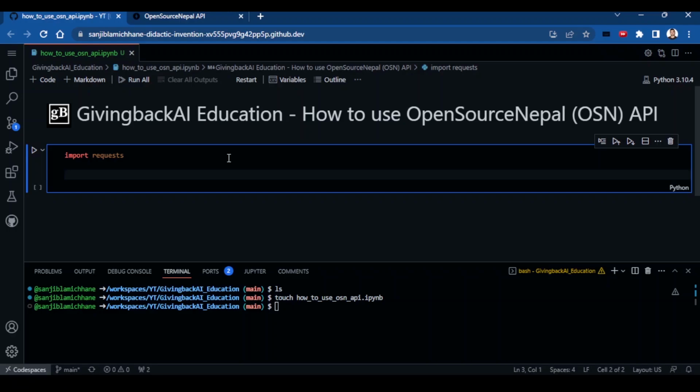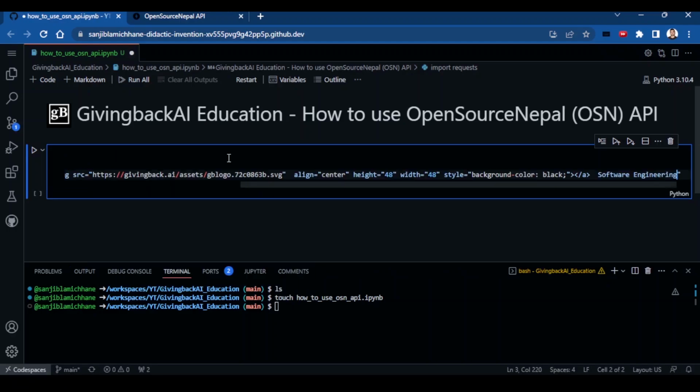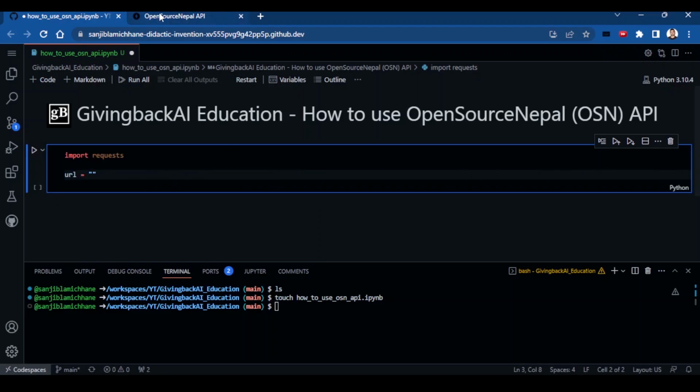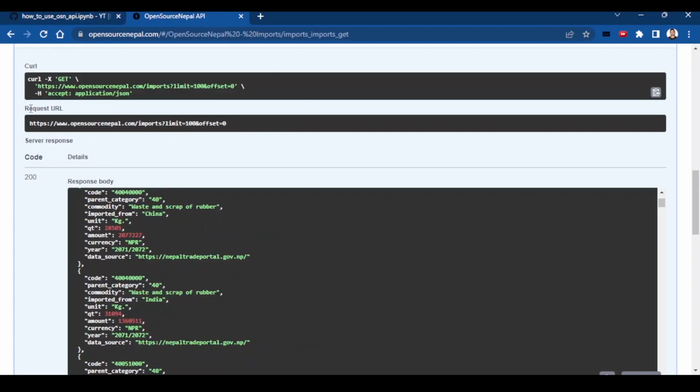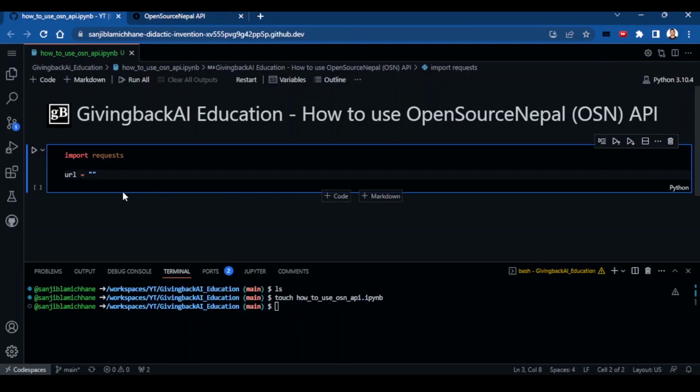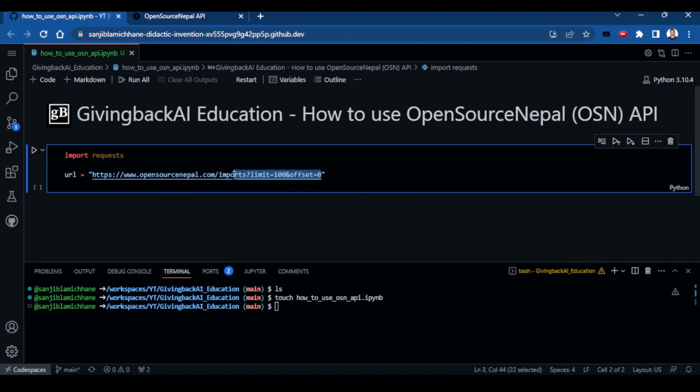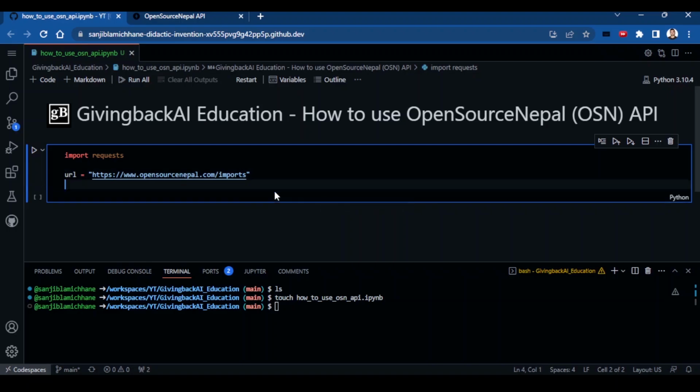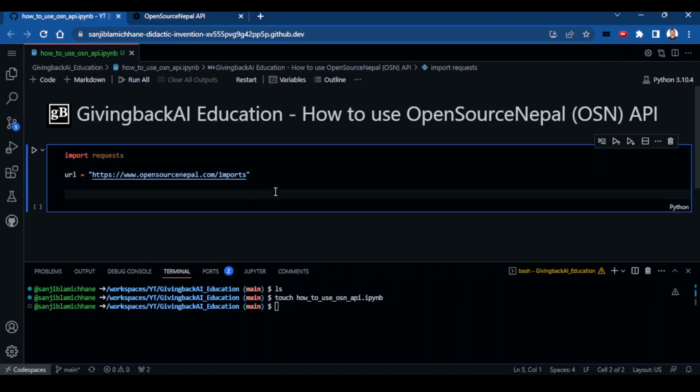Well, I would need URL information, which is simply, actually, let's copy from here. So you can go here, you can see the request URL. I would just copy this and paste it right here. And let's say I would want to keep it simple in the URL, so I can manipulate it in the following steps. Then I can set the parameters myself.